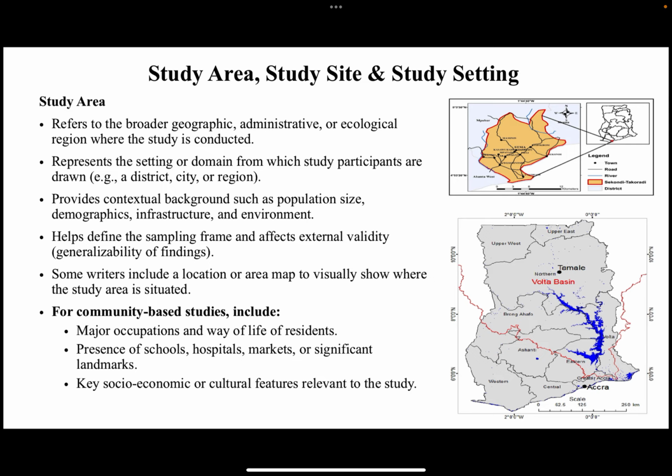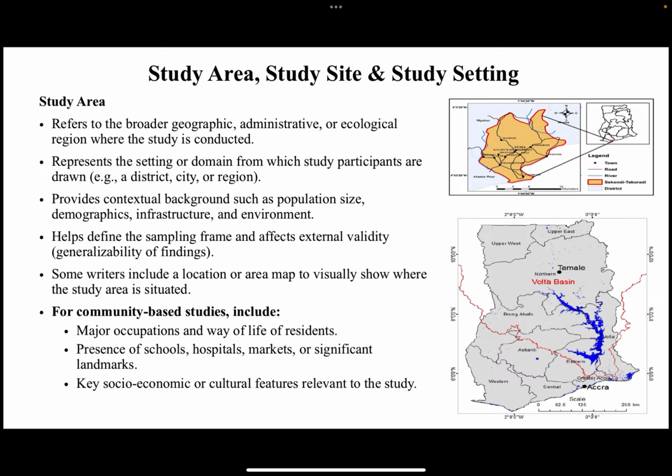So for example, let's use a hospital like Kolebu Teaching Hospital as a case study. For example, you are conducting a facility-based study at Kolebu Teaching Hospital. Now, the Kolebu Teaching Hospital itself is the study site. And the district where Kolebu Teaching Hospital is located is the study area. Okay, so like I said earlier, the study area is the broader geographic, administrative, or ecological region where the study